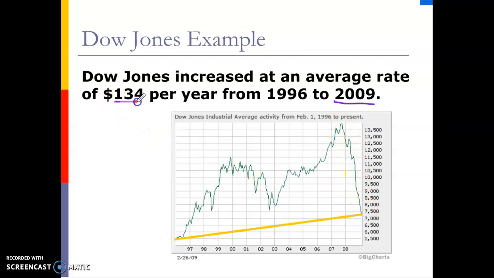An investor could actually say, it's not so bad, because over the years I've had a $134 gain per year if you use the point at the beginning here and this point at the end. If you skip everything else, remember these two points right here, this line doesn't really follow the data very well. It ignores all these ups and downs. So using these two data points as our rate of change really does describe the situation incorrectly, and kind of